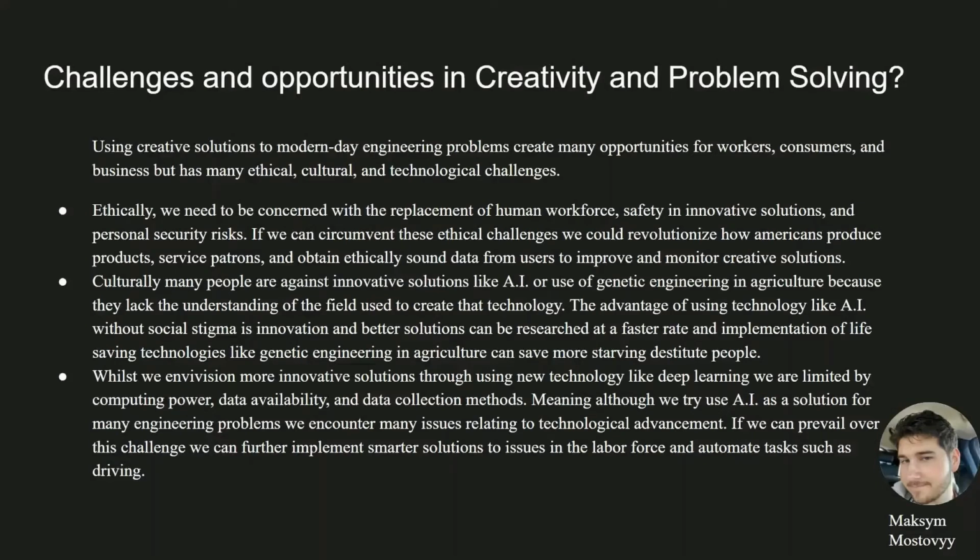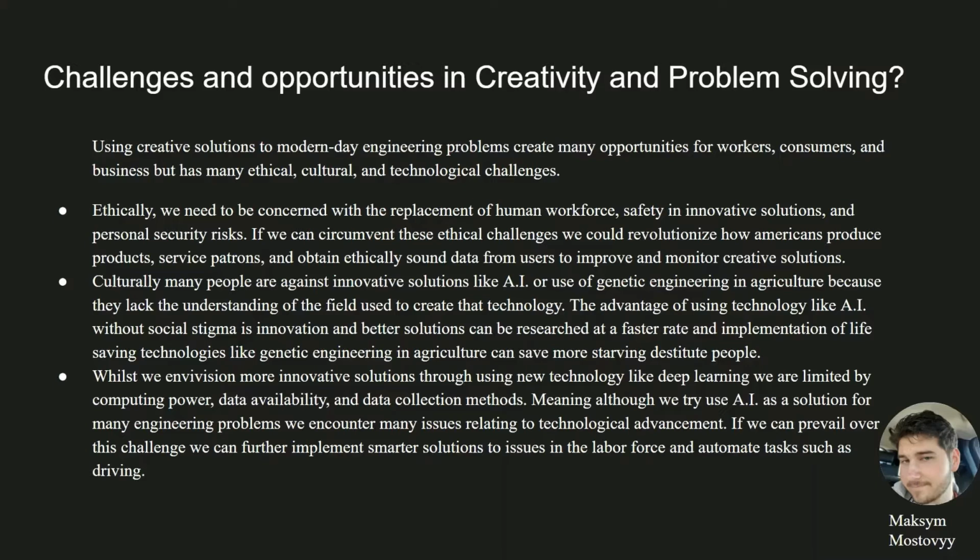Now, we covered the ethical issues. What are the challenges and opportunities in creativity and problem solving with engineering? Well, we've discussed ethically that we need to be concerned with the replacement of human workforce, safety in innovative fields, and personal security risks. If we can circumvent these challenges, we can revolutionize how America produces products and services patrons, and how we can